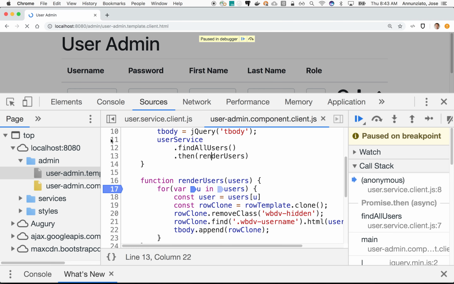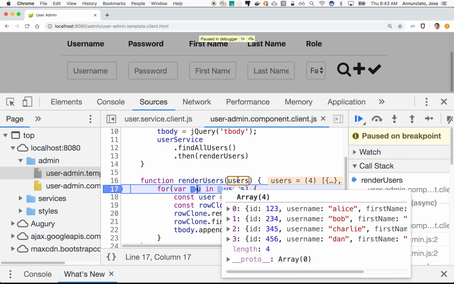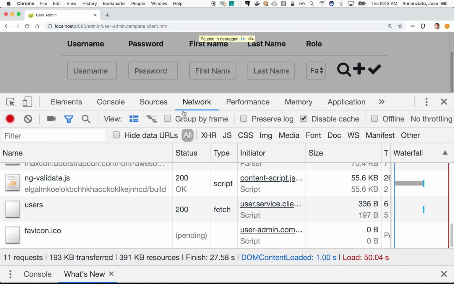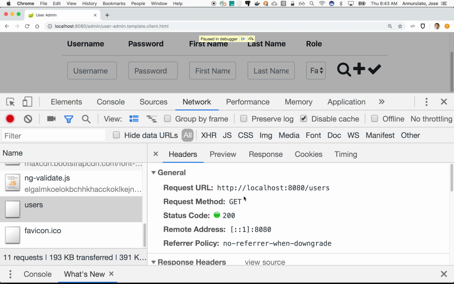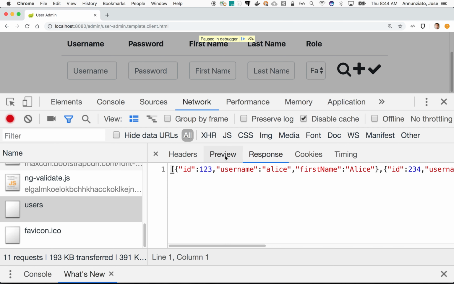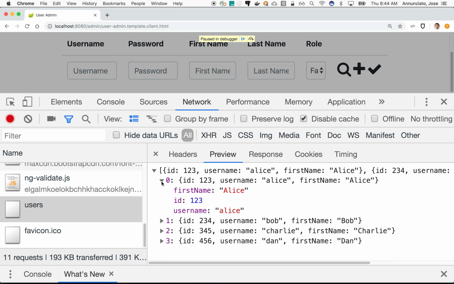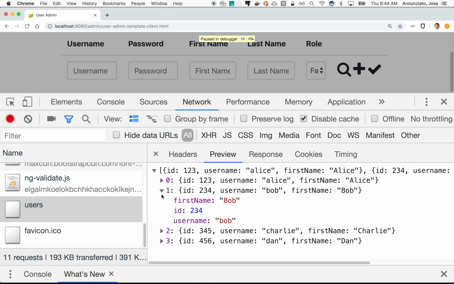So if we put a breakpoint here, we can say continue, and indeed it comes here with the array of users that comes from the server. We actually see that query that went out to the server. Where is it? Right here. See that? This is the query that went out to the server, localhost 8080 users. If we click it, we see that the request was a GET request to /users, and that the response that came back from the server, we can look at a preview and format it so that we can read it, was an array coming back from the server with a couple of users: Alice, Bob, Charlie,